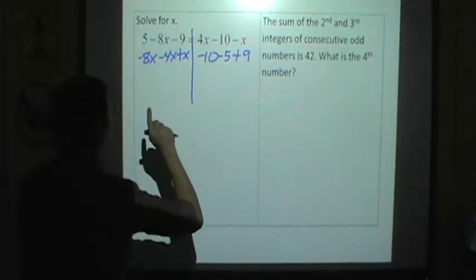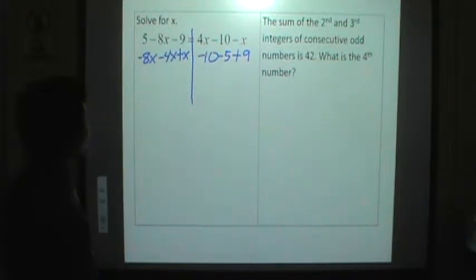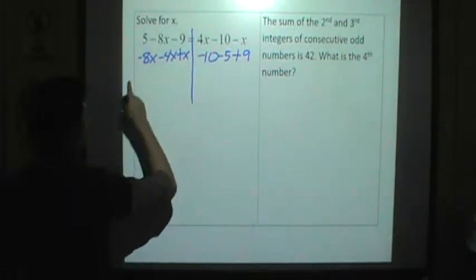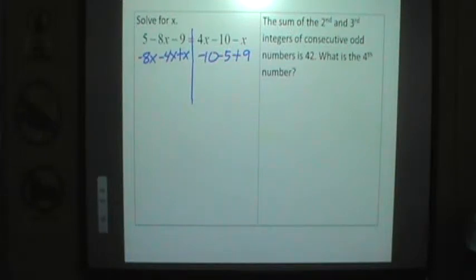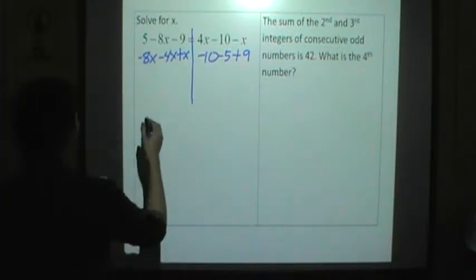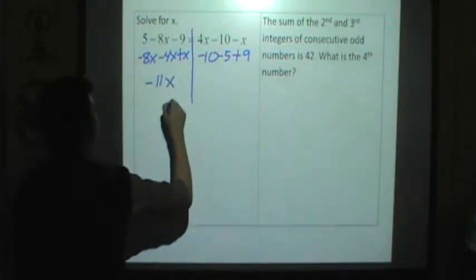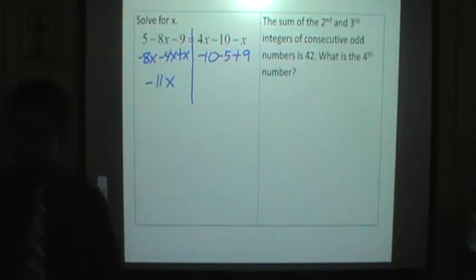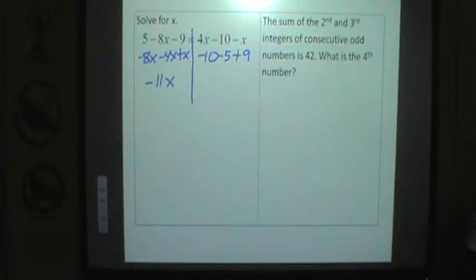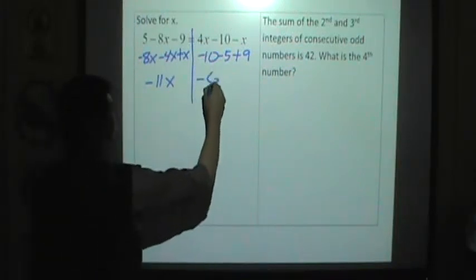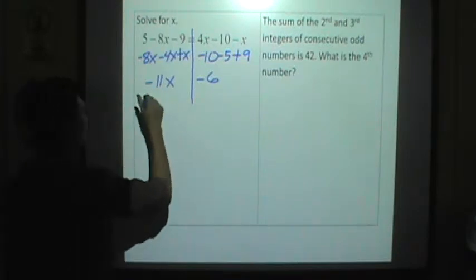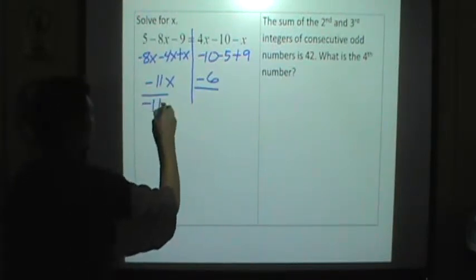Now using your calculator or mental math, negative 8 minus 4 plus, and there's an invisible 1 here, so negative 8 minus 4 plus 1 will give you negative 11x. Okay, now for the other side of the line, we have negative 10 minus 5 plus 9 gives you negative 6. Negative 6. But because we are after x, we have to divide both sides by negative 11,